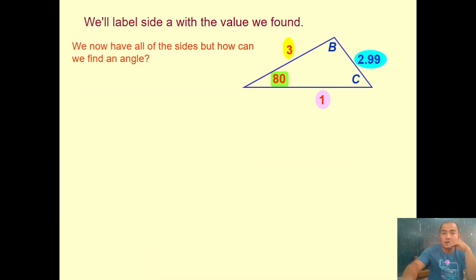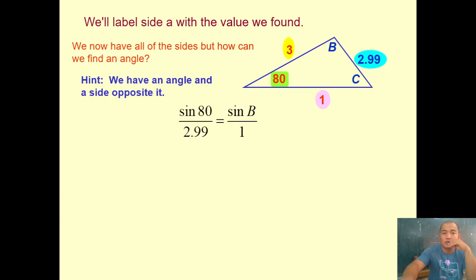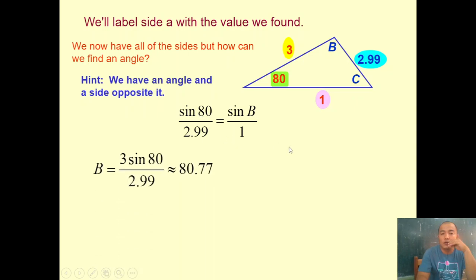Next, angle B. To solve for angle B, we're going to use the formula. Instead of law of cosines, we could also use the law of sines, but I think it's much easier with the law of sines, since it's a shorter formula. So, solve for angle B. Sine 80 over 2.99 is equal to sine B over b, which is 1. So, cross multiply: sine 80 times 1 divided by 2.99, which is